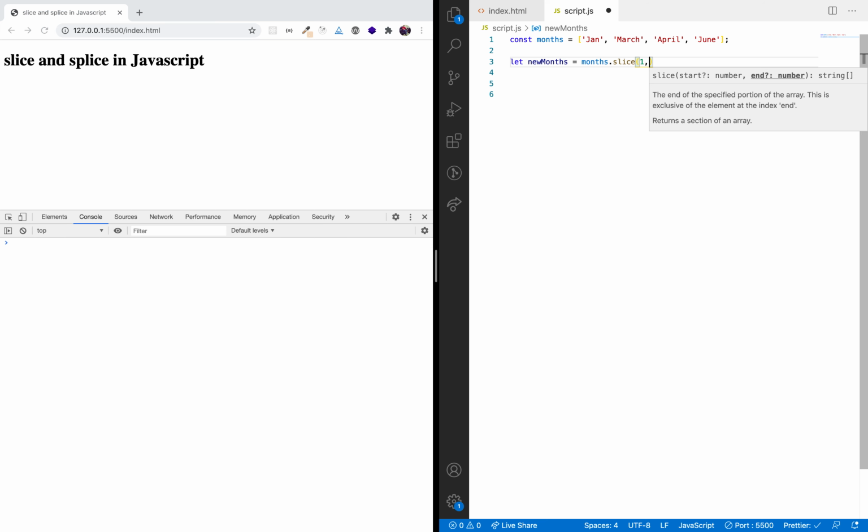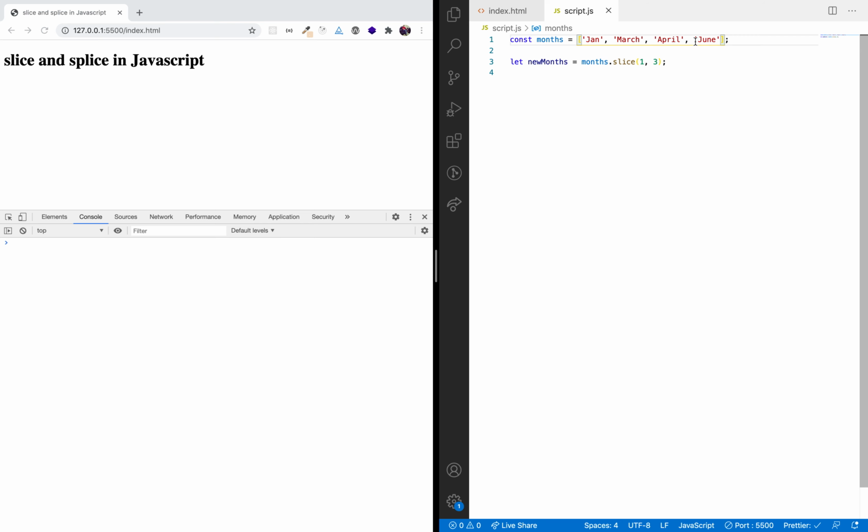Let's suppose I enter 3. It will start from index 1 when it slices the array. This is index 0, this is 1, and it is going up to 3: 1, 2.